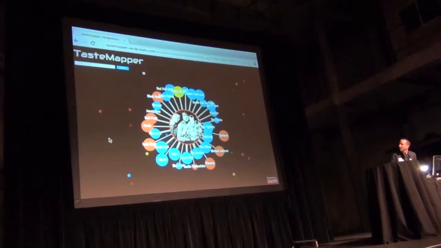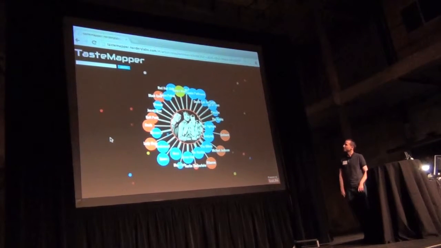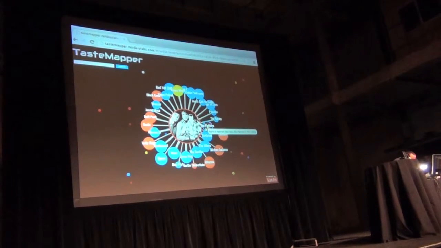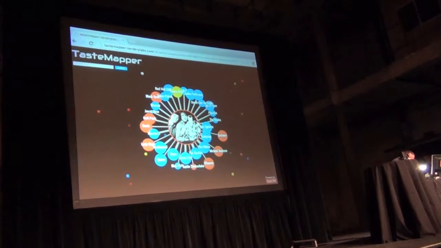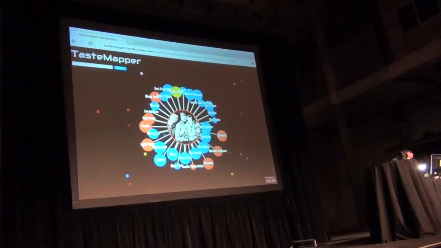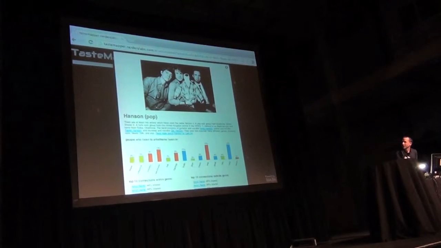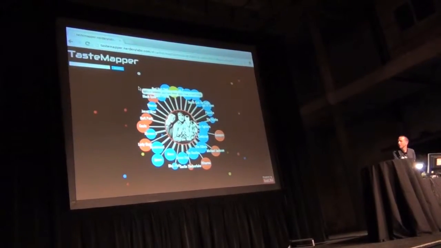Okay, here's Hanson. This one's actually pretty cluttered. Foo Fighters seem to be very highly correlated with Hanson here, for whatever reason, with some different outliers, but they generally seem to be a similar set. We also have a little detail screen. You can pop open some information. It shows you the image and description taken straight from Last.fm as well.